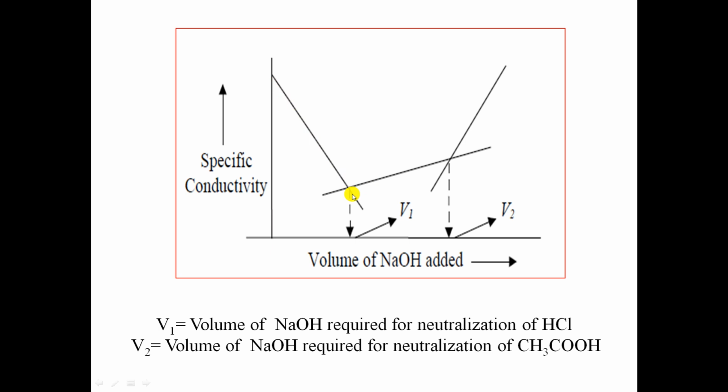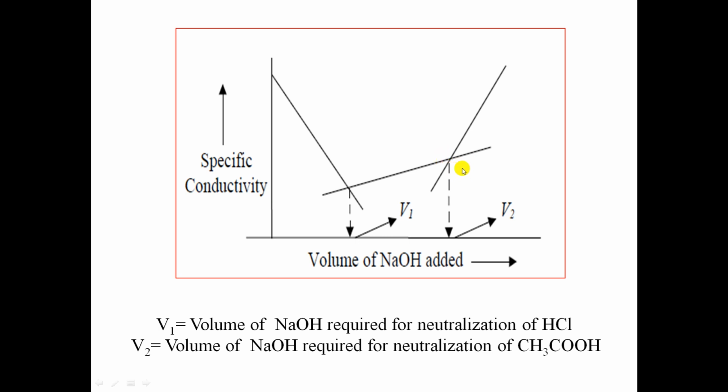Now whatever NaOH is added neutralizes the acetic acid and increases the concentration of sodium ion in the solution. Because of that increase, we observe a slow increase in the conductivity. As the sodium ion concentration increases, conductivity increases slowly up to one point, when the entire acetic acid is neutralized completely. At this point, whatever NaOH we add remains as it is, in the form of Na plus and OH minus ion.